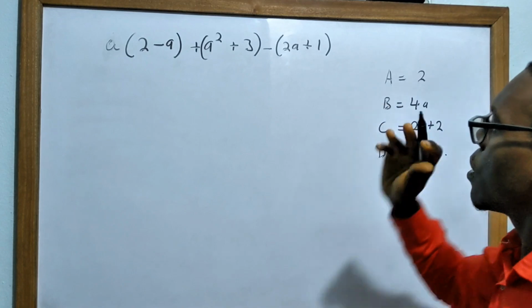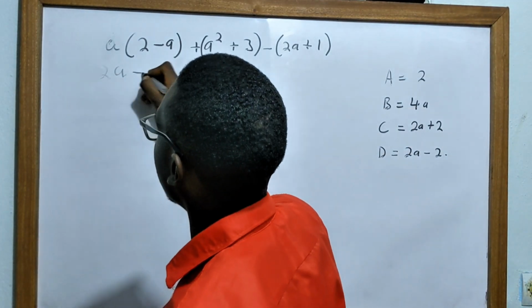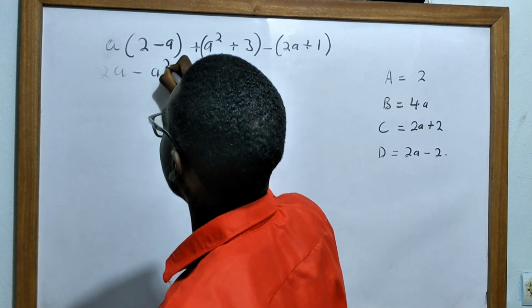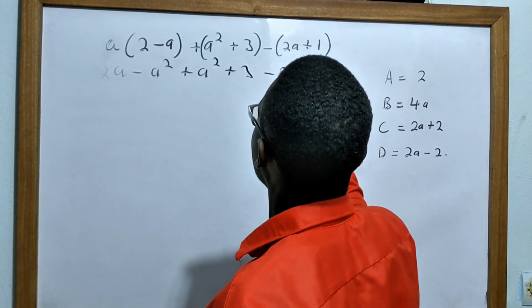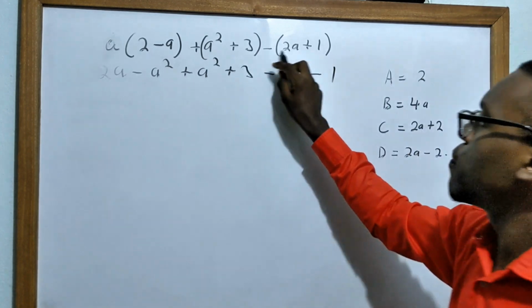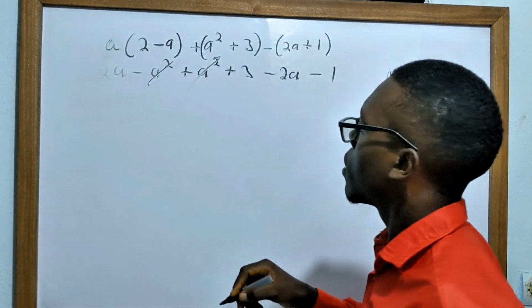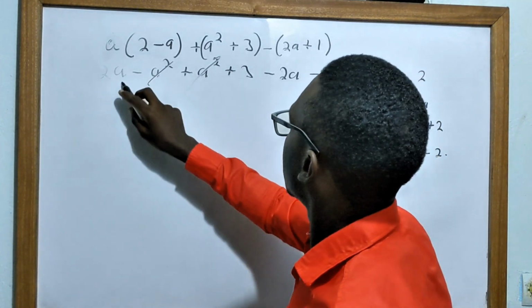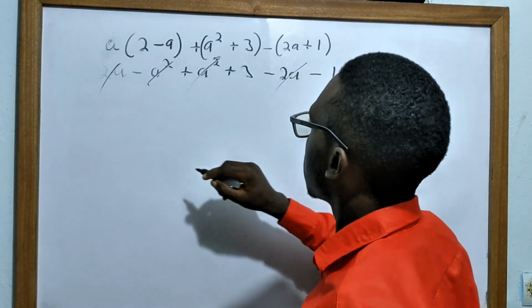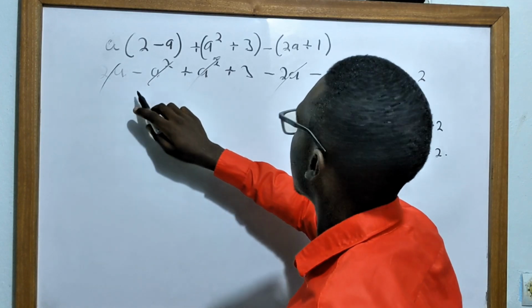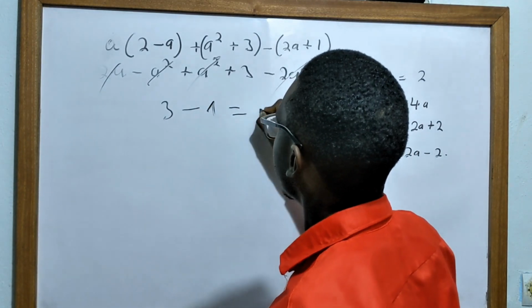If you had a squared here, or use a different strategy, okay, you multiply, you have 2a minus a squared plus a squared plus 3 minus 2a minus 1, because this negative will multiply here and here. Okay, this a squared and this a squared will go away. Okay, 2a minus 2a will go away also. Okay, 2a minus 2a, we have what? 3 minus 1. And our answer is equal to